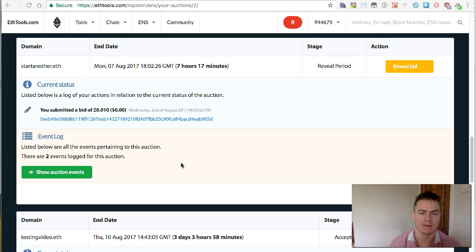Now, when I say reveal a bid incorrectly, what I mean is if you reveal a bid but input the wrong salt, for example, or input the wrong bid. Also, if you were to sign a transaction to reveal a bid but were to use an incorrect address, i.e. a different address to the one that actually submitted the bid, this would also result in the reveal failing. So I'll first start off by revealing a bid incorrectly so you can see what happens, and then I will